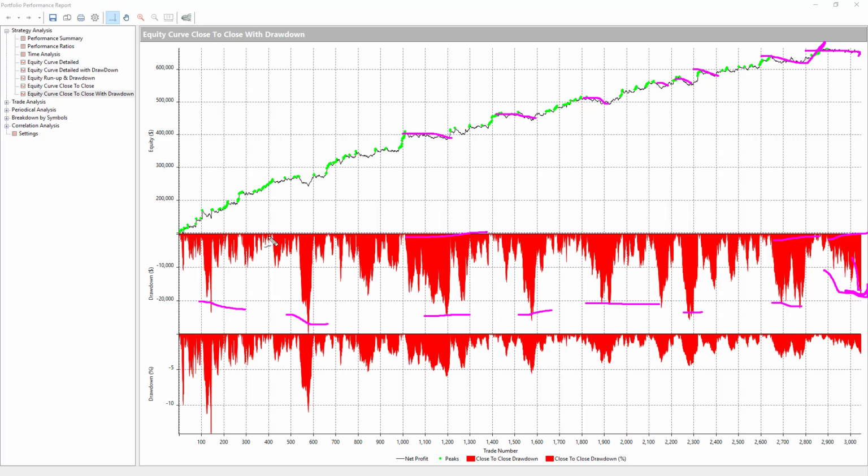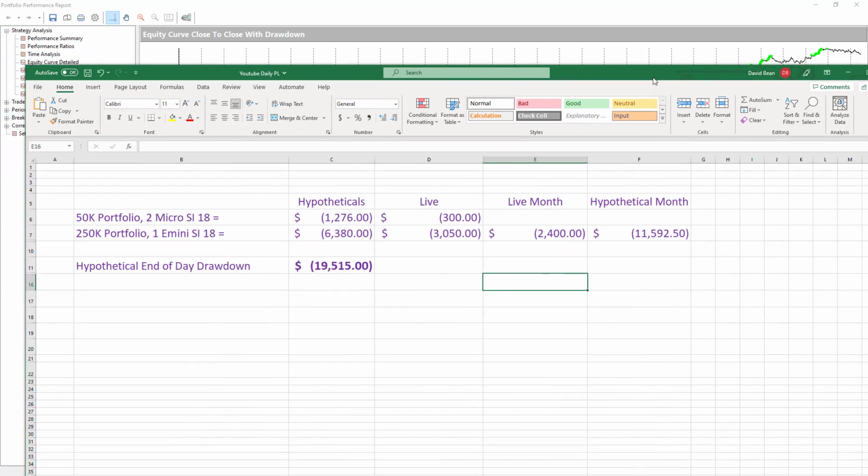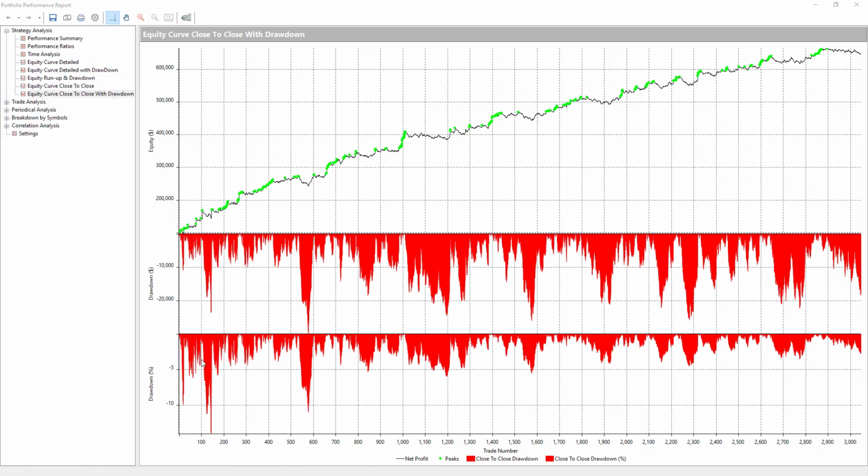And what I'm showing on the hypotheticals is a 19515 hypothetical end of day drawdown. This is the closed trade equity curve drawdown. We've gone over the difference between that and the end of day equity curve, end of day drawdown curve. And so